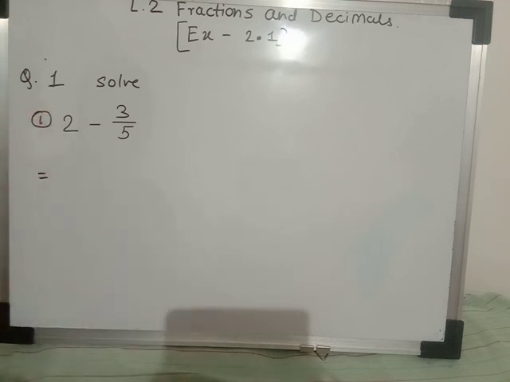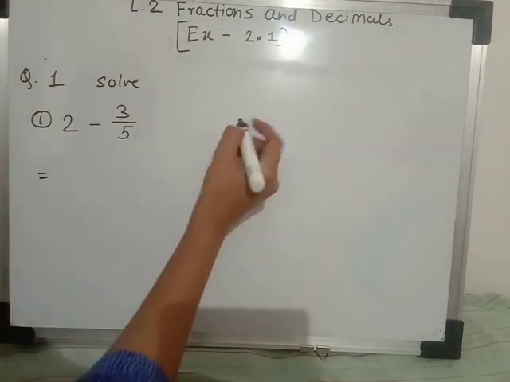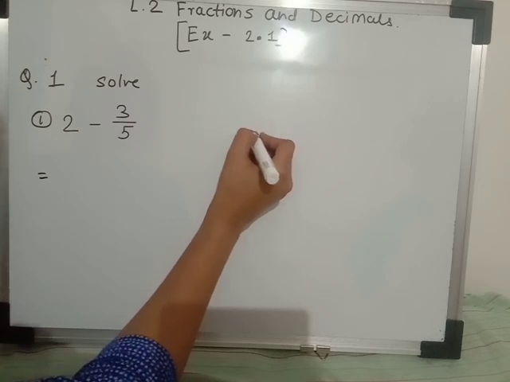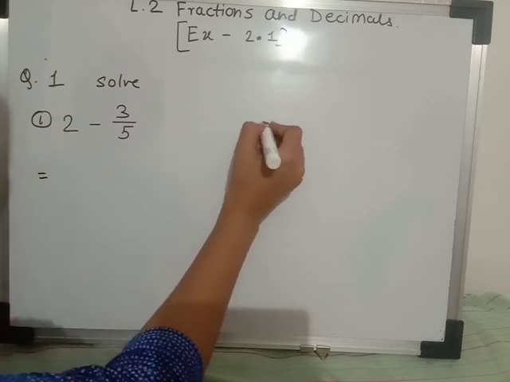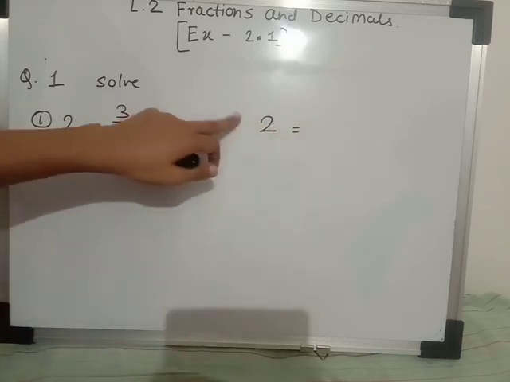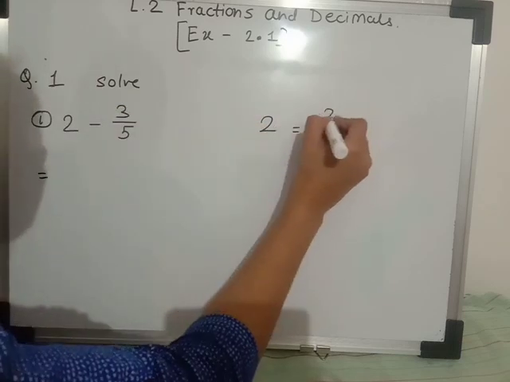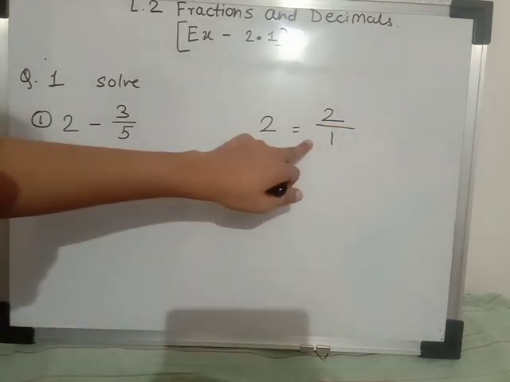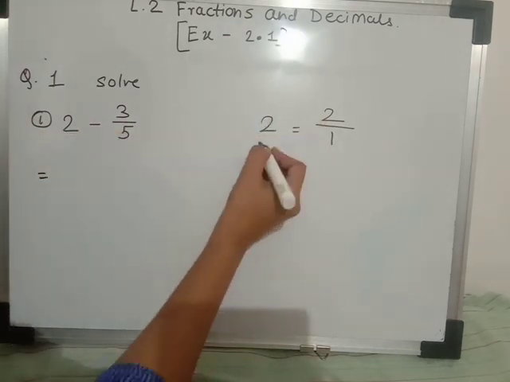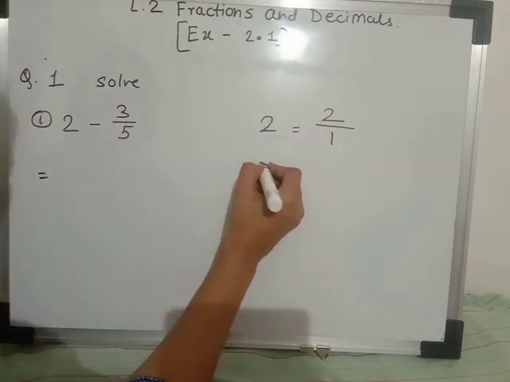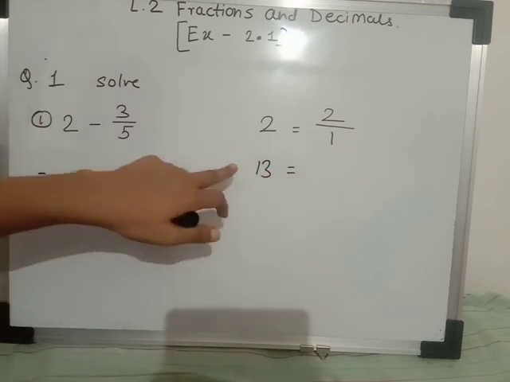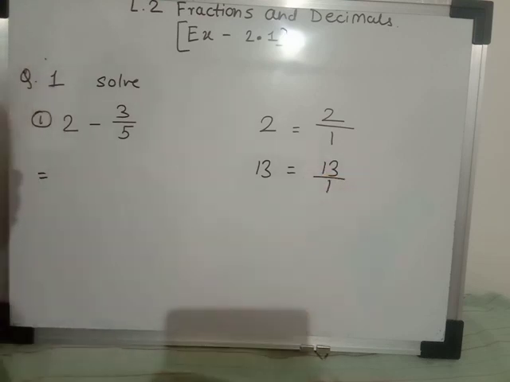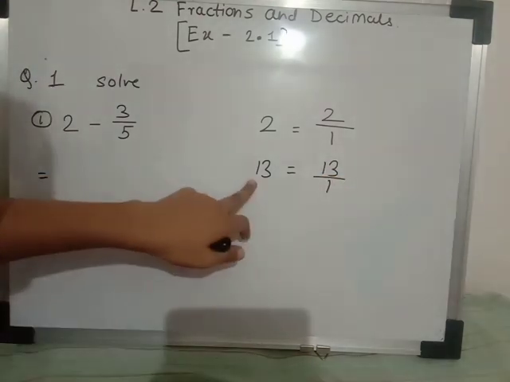So what we have to do is, remember, whenever you want to add or subtract fractions and a whole number is there, you write it in fraction form. 2 is there and I want to write this 2 in fraction form, so I will write 2 as the numerator, and down there is nothing, so you have to consider 1. So the denominator will be 1. Instead of 2, if I take 13, 13 is a whole number and I want to write it as a fraction, so I will write 13 upon 1. So this will be the fraction form of my whole number.